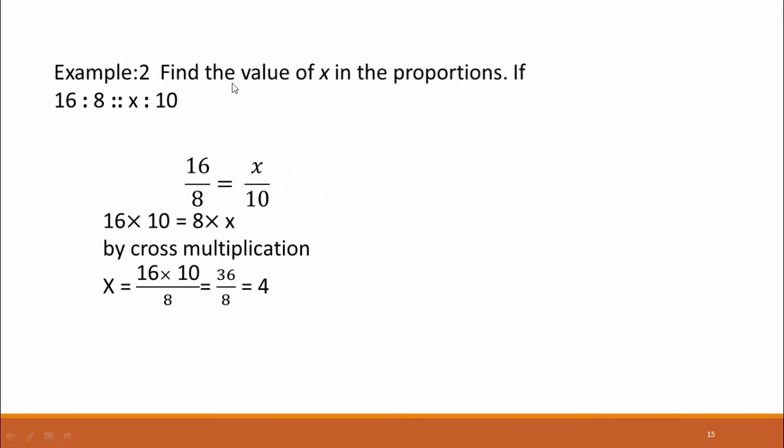Now another example, dear students. Note that we can denote a proportion by these four dots: 60